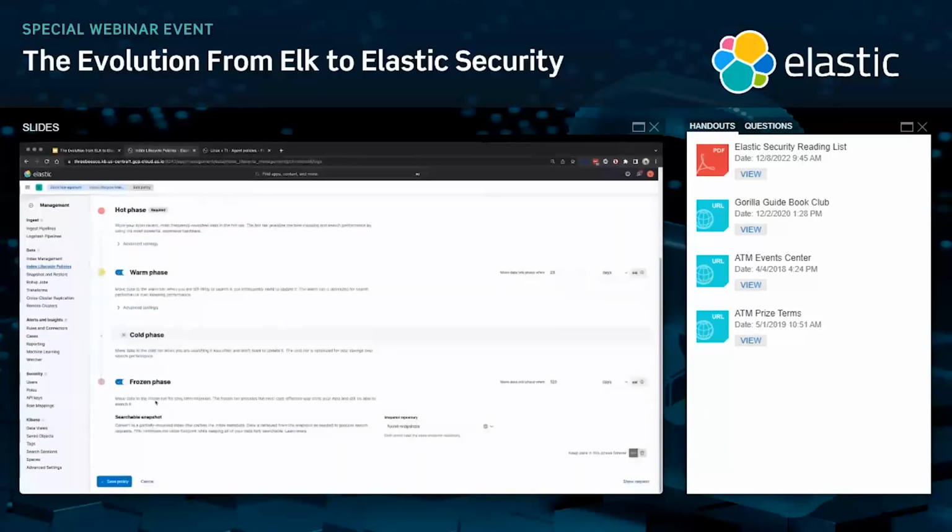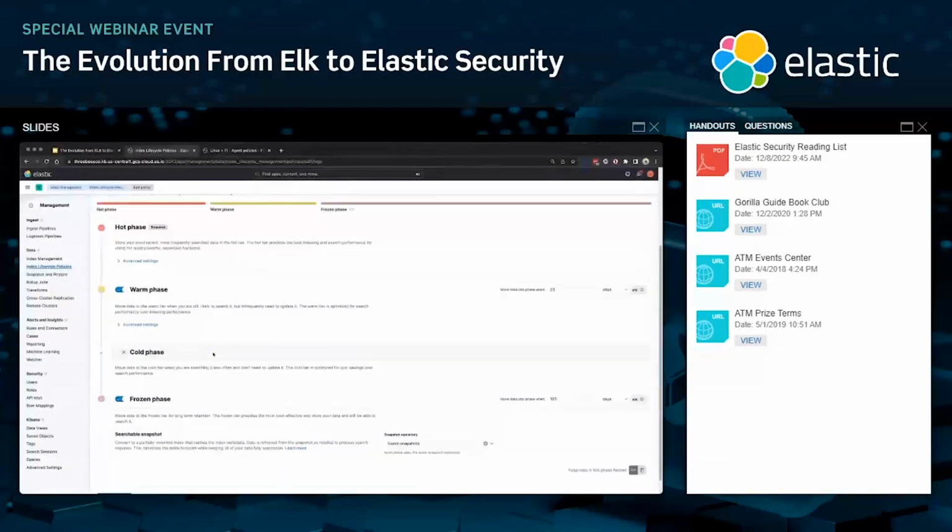And frozen is what I want to focus on here, because frozen is a data tier where we have separated the compute from the storage requirements of that tier, meaning the data is actually stored in an object store. In this case, it's stored in an S3 bucket. The data isn't indexed in its entirety inside Elastic all the time, so there is a performance hit on queries. Hot's going to be maybe milliseconds to seconds. Frozen's going to be minutes. So despite the name, minutes isn't too bad.